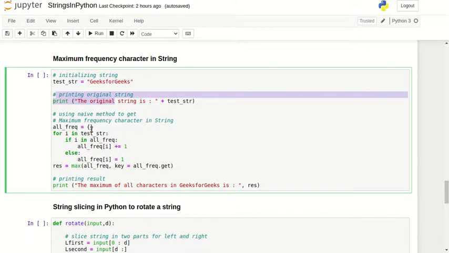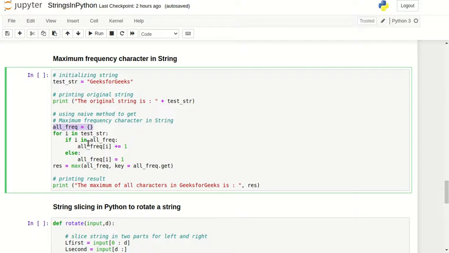So we will have this dictionary over here. Then for i in test_str, we will iterate through each and every character of our string. Then we will check if the character is in our frequency dictionary or not.